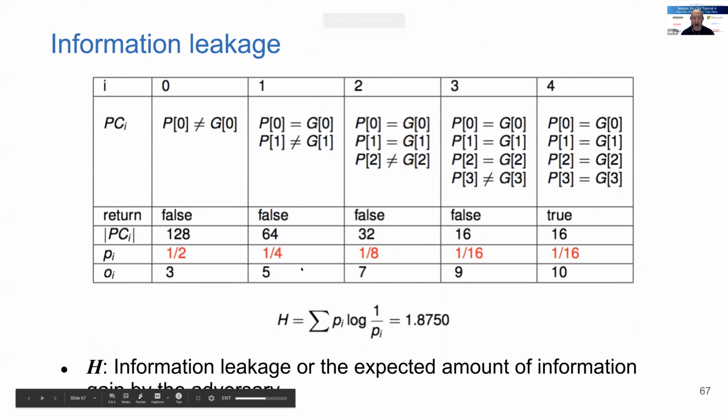So here's the thing. I'm really getting these probabilities. I get the path constraints, I count the number of solutions, and divide by the domain size. So this is the counting of the number of solutions for the path constraint, this row here. I get the probabilities, right? I take those probabilities and plug them into the entropy formula. That's exactly how I get it.